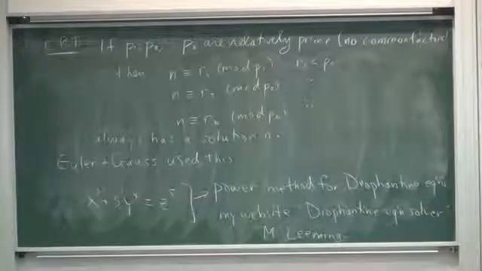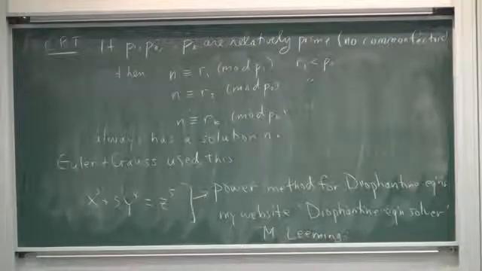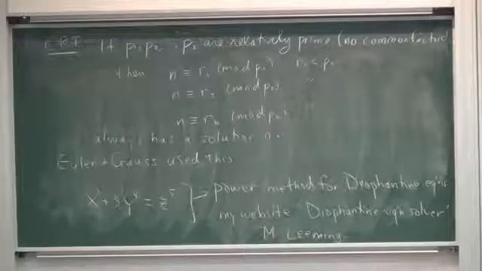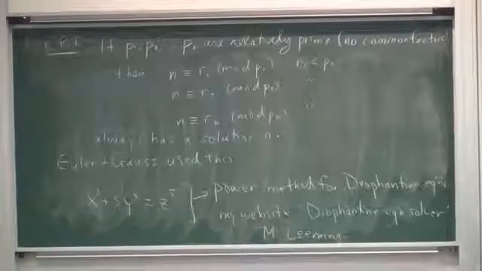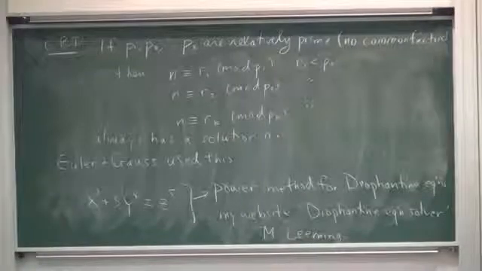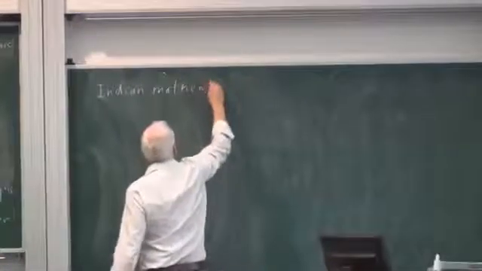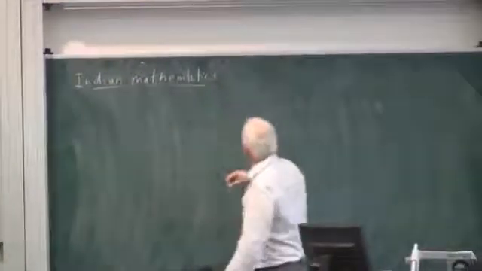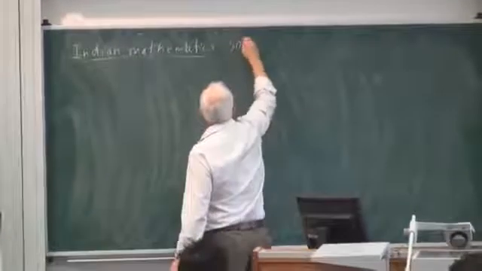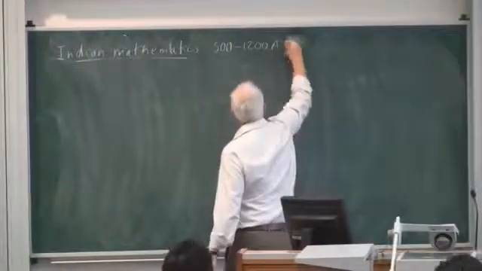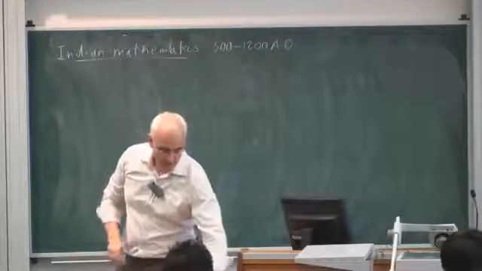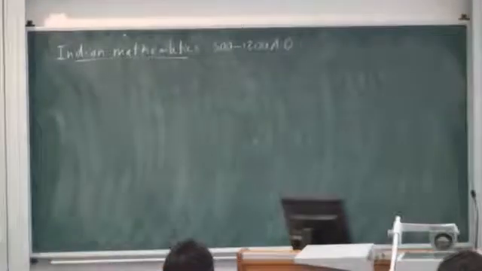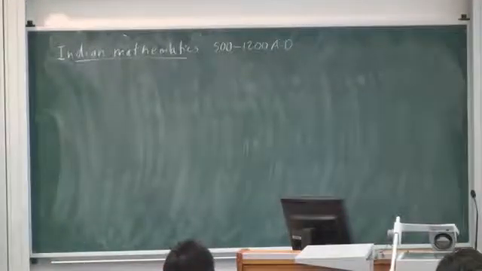Okay, so now let's turn to the second important civilization on our list today, the Indian civilization. And we're talking not really about the ancient Indians, but the more modern Indians that were flourishing from around 500 to 1200 AD. And there are some important names here also. Let me give them to you.